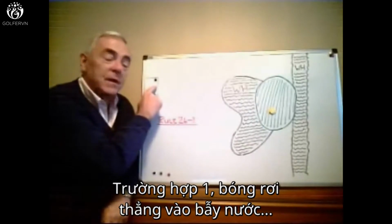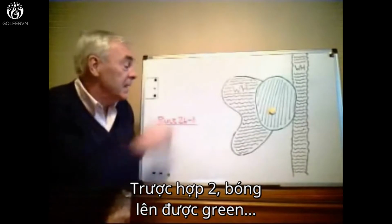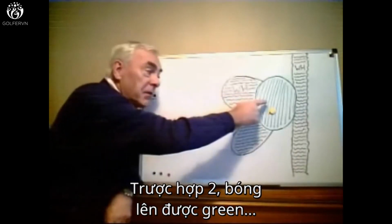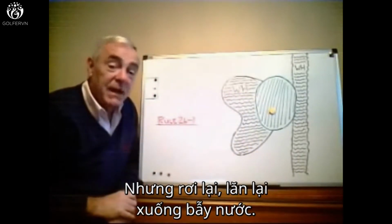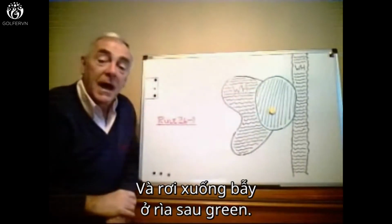The first one is when the player plays their ball straight into the water on the near side of the green. The second one is when they play their ball onto the green, but it spins back into the water. And the third one is where they play their ball through the green and into the water hazard